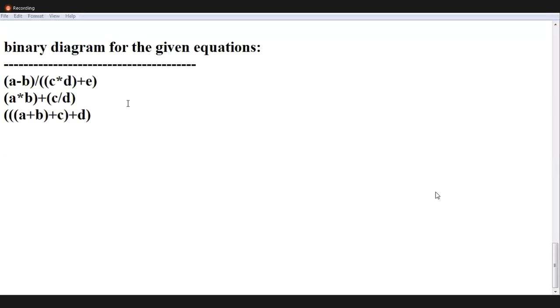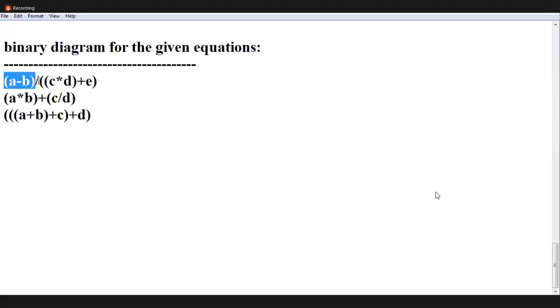Completed? I will show you the diagrams one by one. See, guys. What is the root node? Divide the equation into two parts, always.